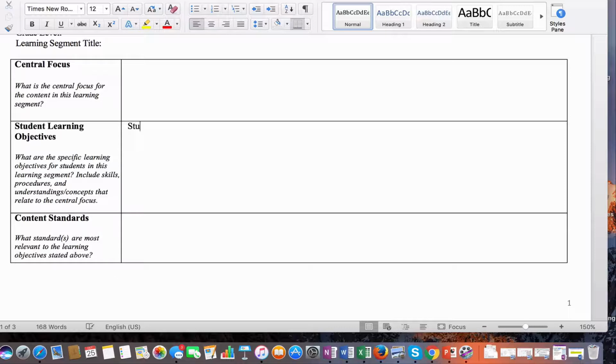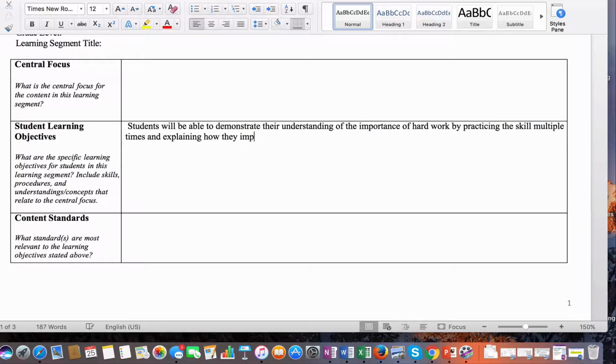So students will be able to demonstrate their understanding of the importance of hard work by practicing the skill multiple times and explaining how they improved as a result of